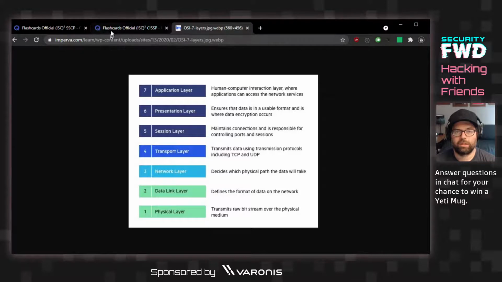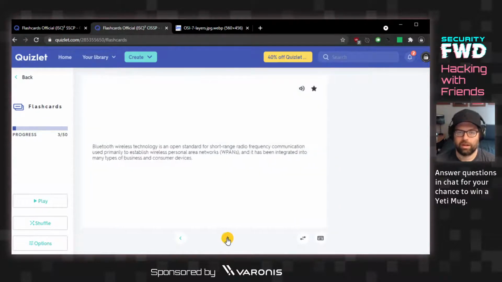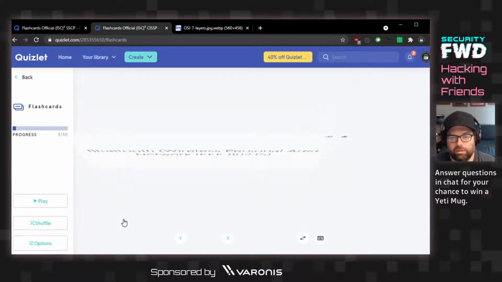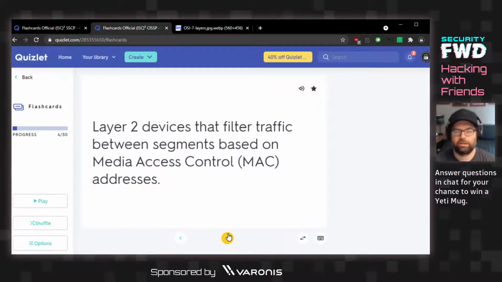All right. Let's try this networking stuff now that we're all experts at OSI layers. All right. So that was physical. Oh, it says bit. Most essential representation of data. Oh, okay. So I said binary, which would be, I guess, maybe the protocol. All right. Okay, Bluetooth wireless technology is an open standard for short range. That's not helpful. Oh, this is just describing Bluetooth. Oh, okay. All right, layer 2, which is the